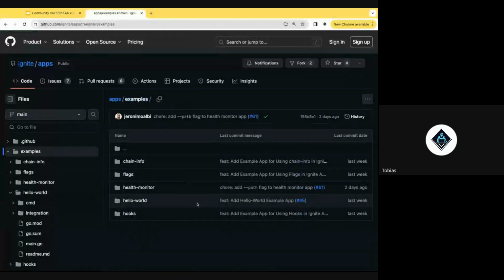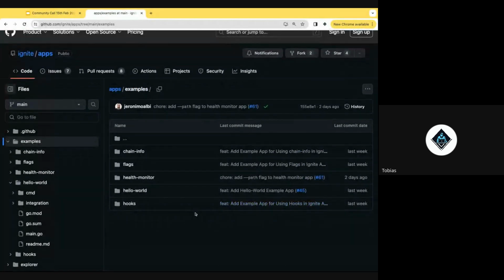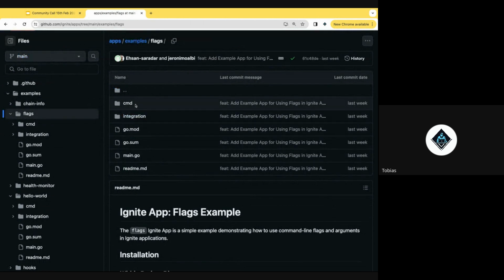So I wanted to show a little bit of the different apps, because I think thanks a lot to Ethan and Geronimo who brought this to us. Each of those apps serves a specific purpose. Obviously, the Hello World that Frank shows is very basic information, but there is one specifically on flags.